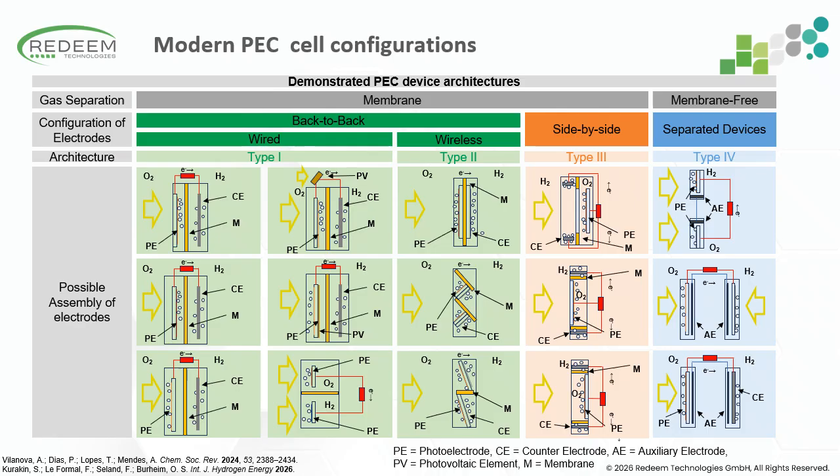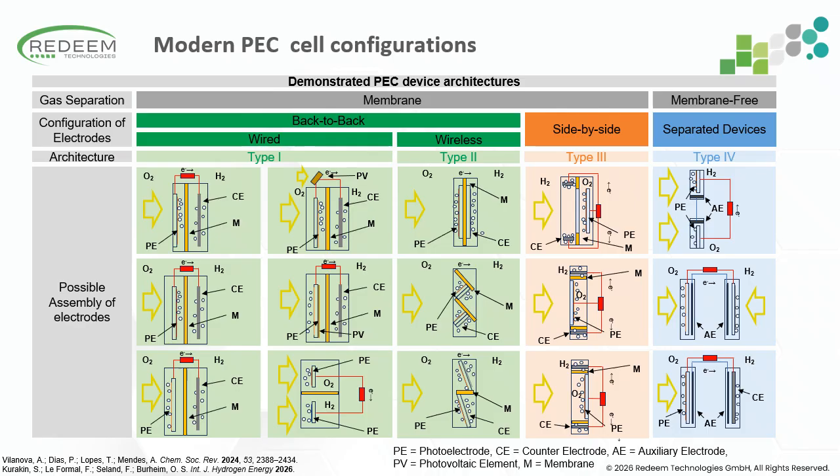And then finally, type 4 completely separates the hydrogen and oxygen producing reactors. So each half reaction takes place in its own reactor, and the two systems are connected only electrically through so-called auxiliary electrodes rather than by ionic transport across a membrane. So this provides excellent product separation, because hydrogen and oxygen are never generated in the same reactor. But we will come back to this architecture later when discussing a practical example, since the use of auxiliary electrodes